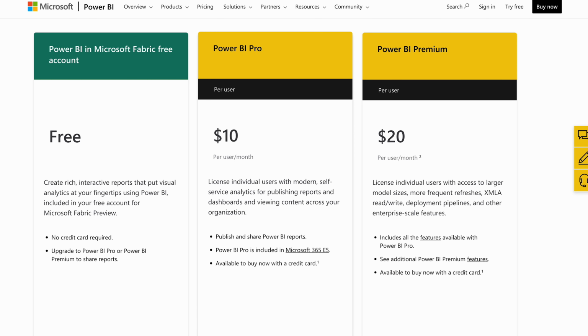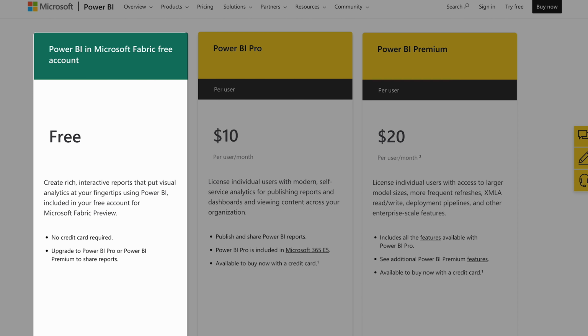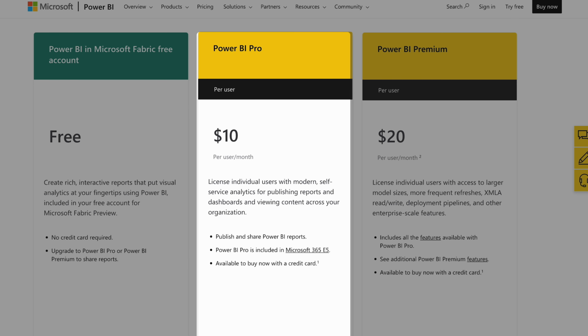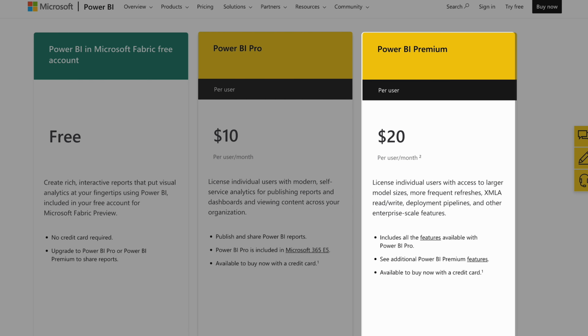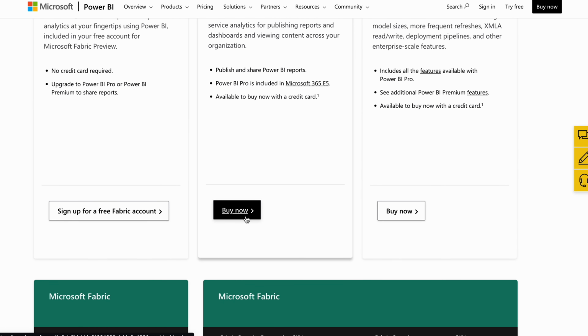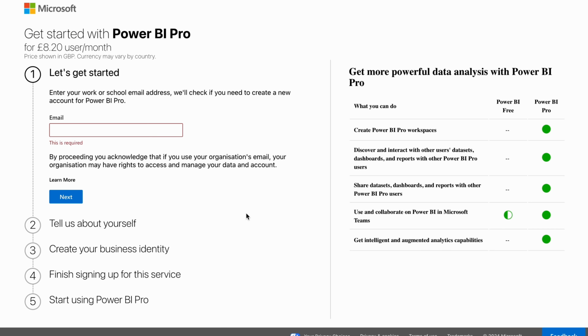When it comes to pricing, Power BI has 3 tiers. The free plan lets you connect data and build reports in Power BI Desktop, but doesn't give you access to the cloud service. This means that you won't be able to publish reports and share them across your organization. To do that, you'll need to upgrade to the Pro plan that's also included with Microsoft 365 E5 subscription. Upgrade to the Premium plan for lots of advanced features. If you're going with the Pro or Premium plan, click the button, fill in some details, and you're ready to go. Otherwise, just open the desktop version you just downloaded and let's have a look around.